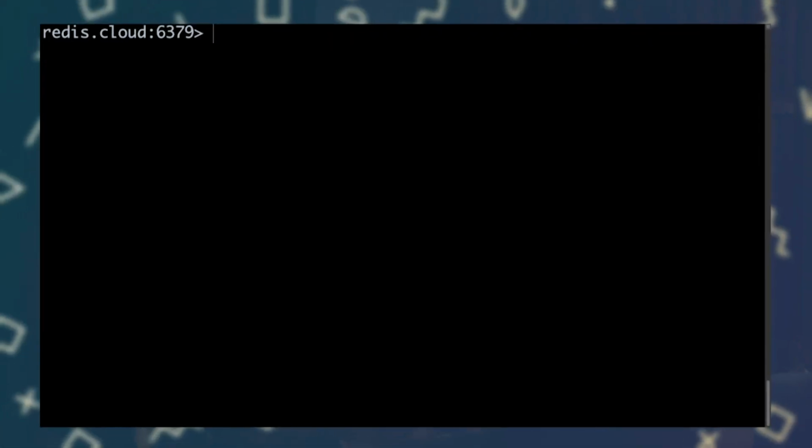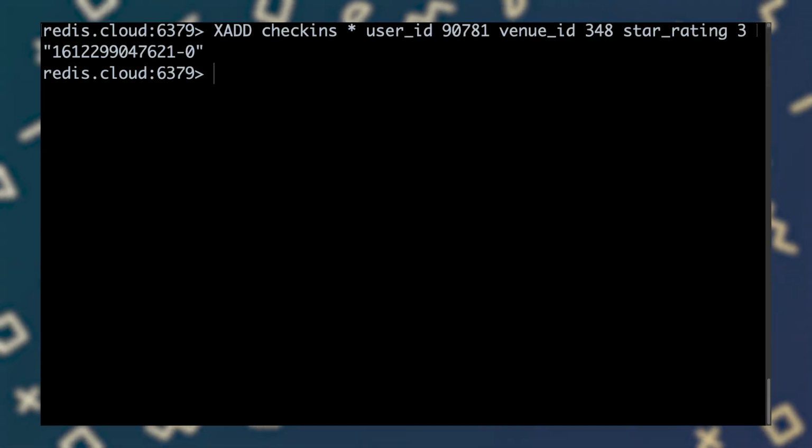First, like other Redis data structures, a stream is associated with a Redis key. We'll use the key check-ins to identify the incoming stream of check-in data. The xadd command adds a new entry to a stream. Here, we're adding an entry to the check-in stream from user 90781. This user is visiting location 348 and rating it 3 stars.